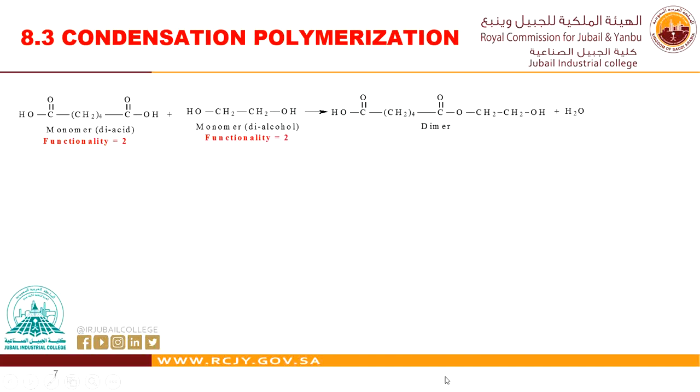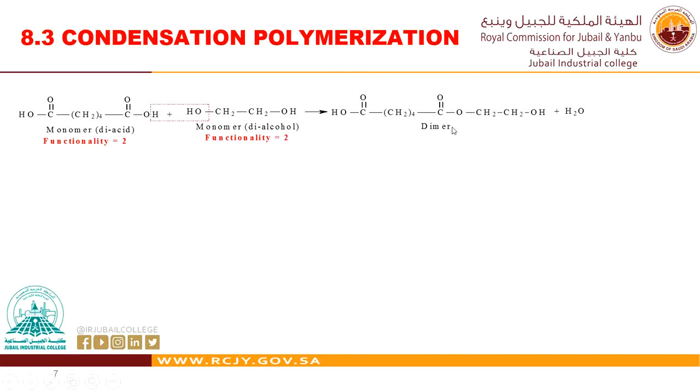And you remember we said for polymerization, the functionality must be greater than or equal to 2. So this one satisfies the condition, and this monomer also satisfies this condition. So we are expecting to get a polymer. But how does the polymer form? The first thing is the condensation reaction will happen, which means that the OH from here and the hydrogen from here will be eliminated to form water, and this unit and this unit will join together